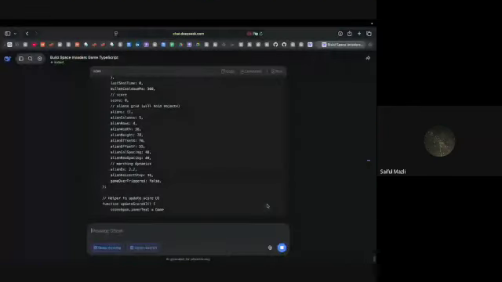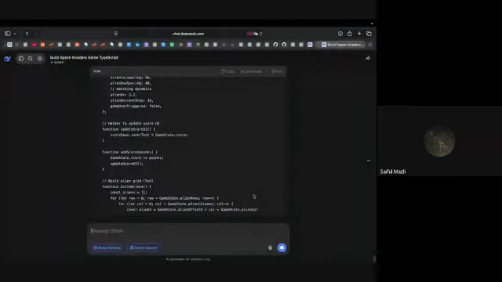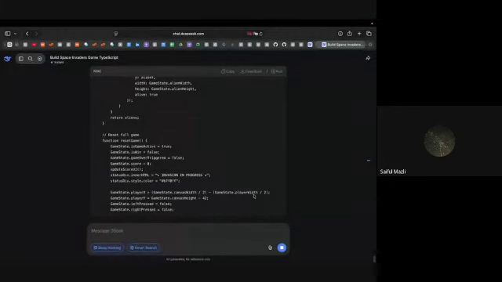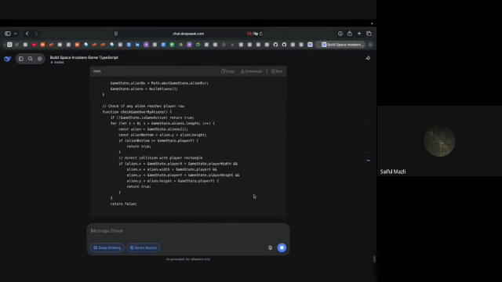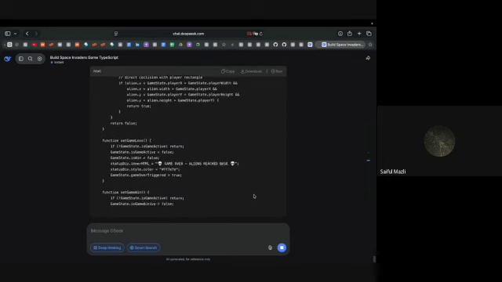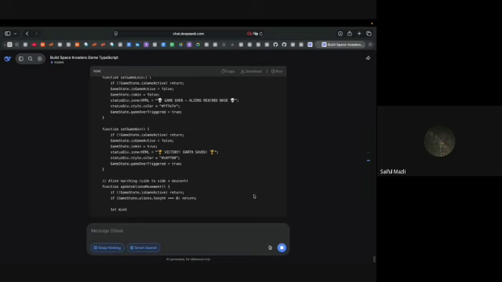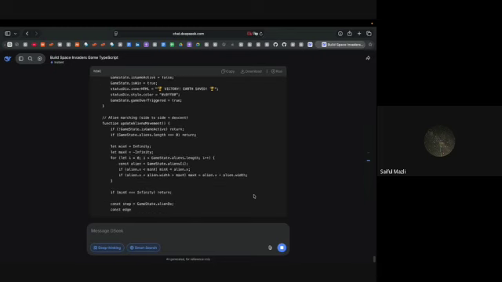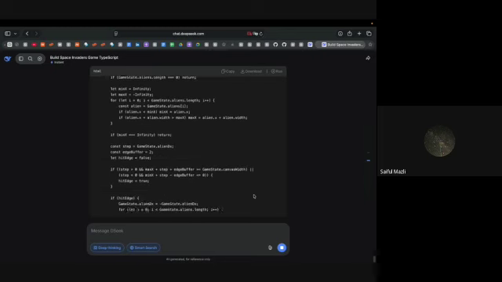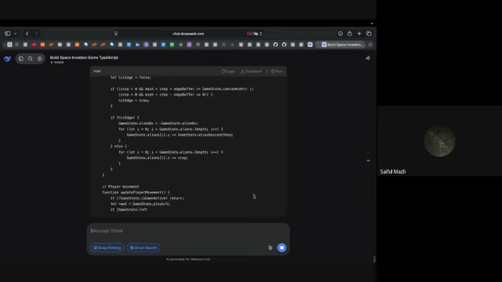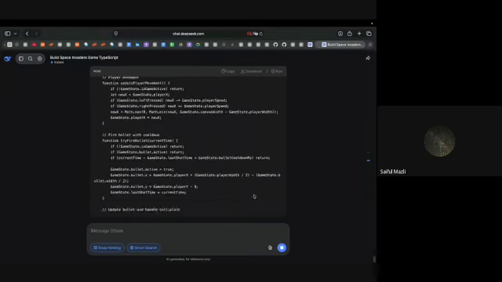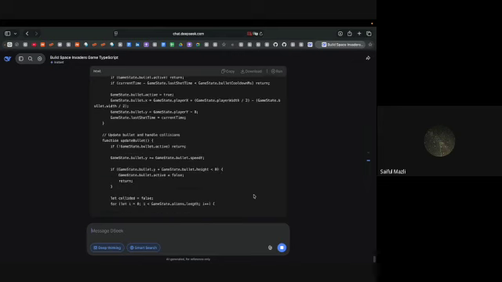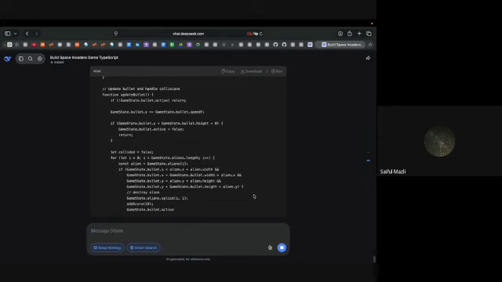So let's have a quick look here. DeepSeek is surprisingly, I'm surprised it didn't work this time, but this DeepSeek is actually quite good.